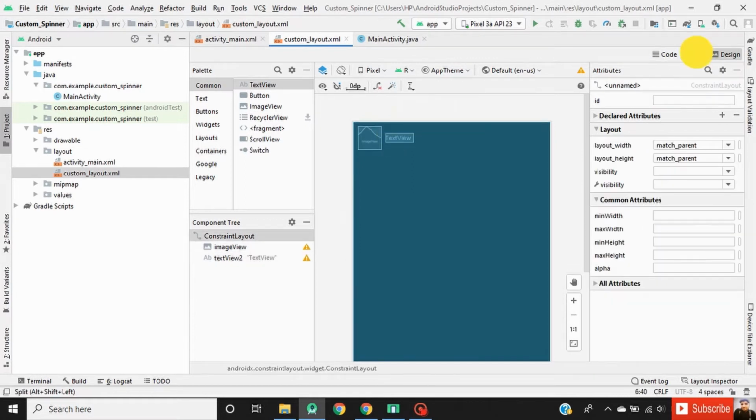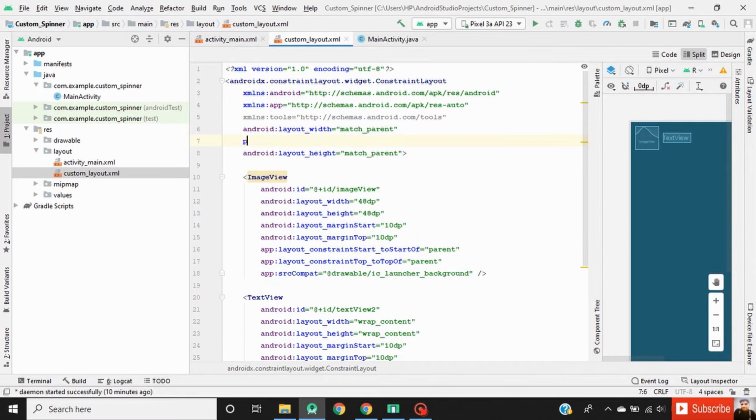Now go to the split section and then add padding to our constraint layout.